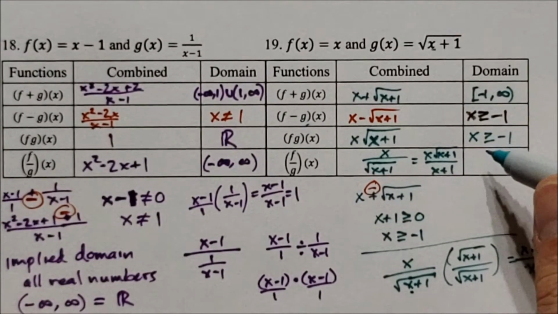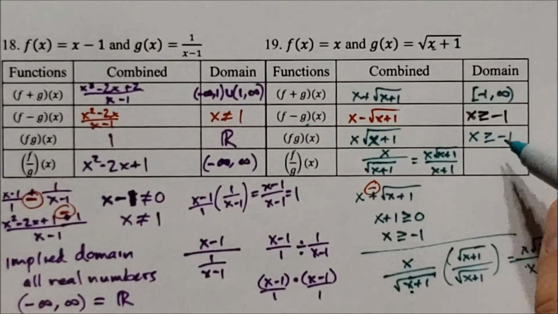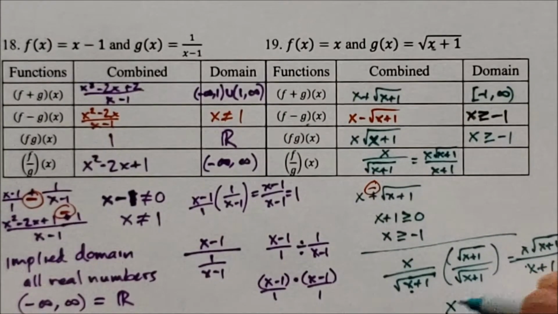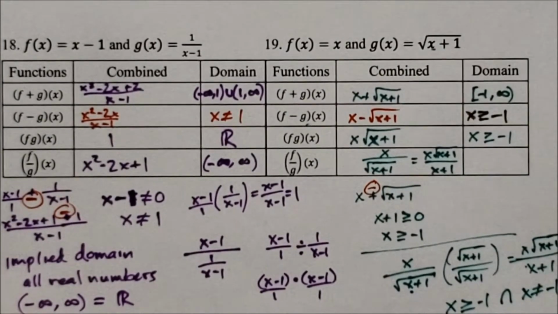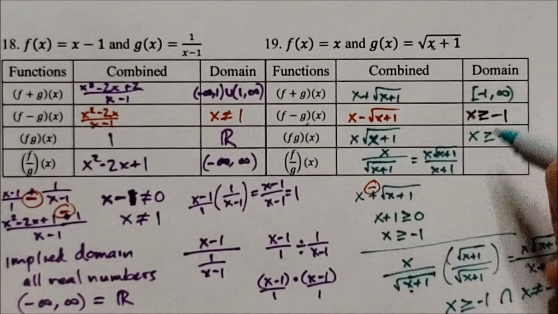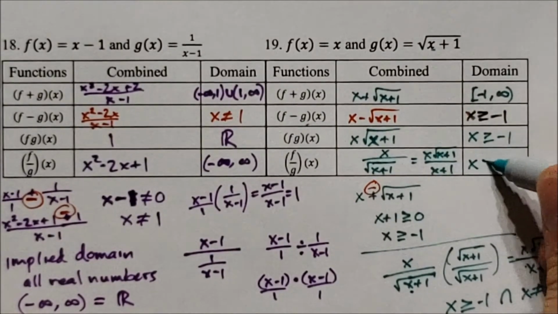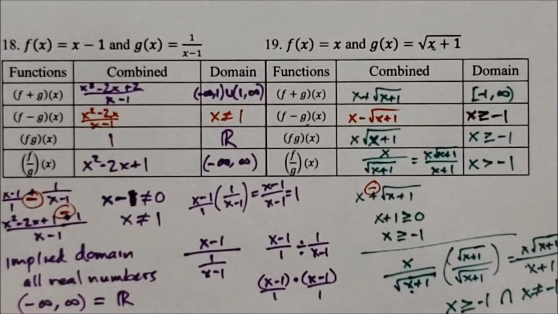We're going to take the most restrictive measures of x. It's got to be greater than or equal to negative 1, and intersecting with x cannot be equal to negative 1, which gives us x has to be greater than negative 1. It cannot be equal to